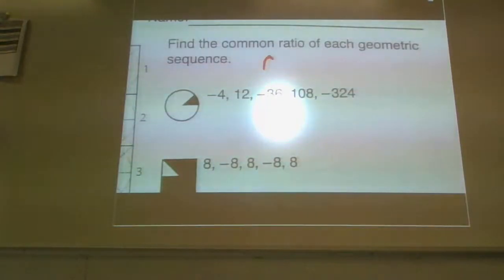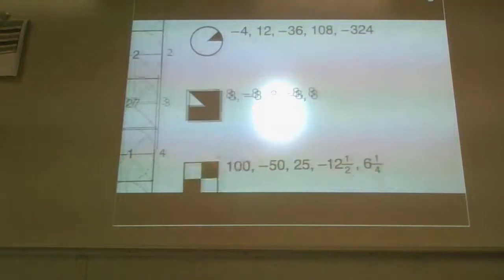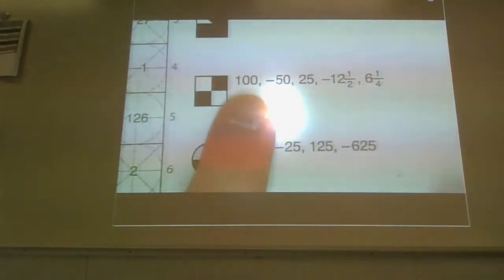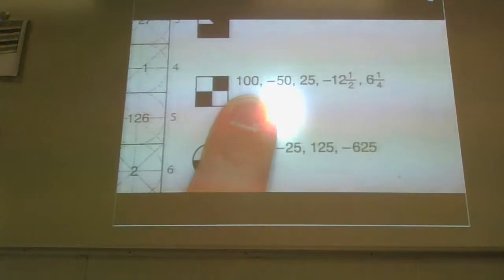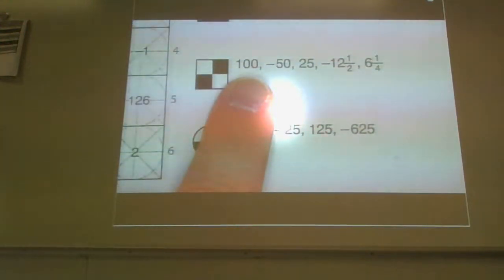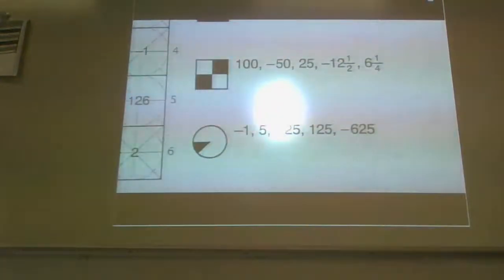So, for example, I'll just do one of them right here. I'll do this one. Yeah, that one works. Okay. So, this one right here, clearly it's going down. Clearly this thing is shrinking. But what is it shrinking by? Well, it went from 100 to 50. So what is that, like 1/2? Well, yes, it may be 1/2.